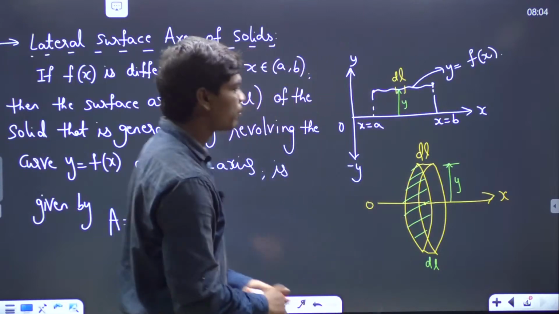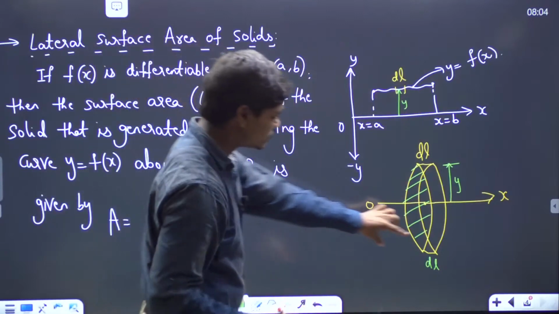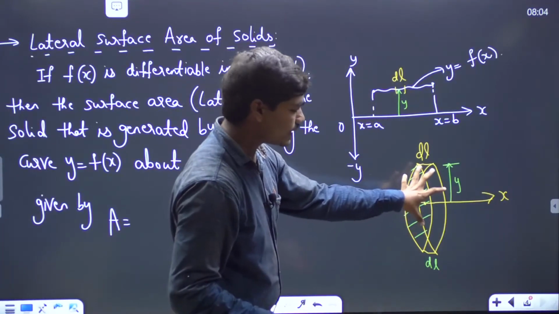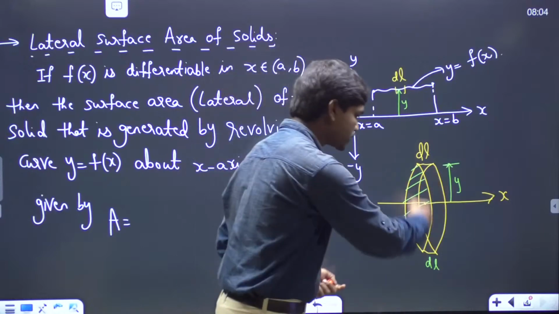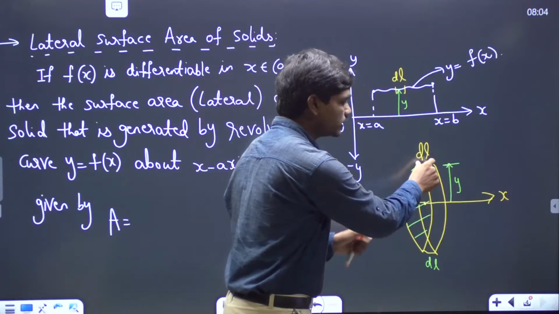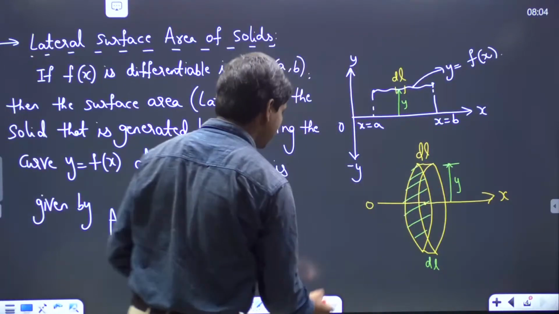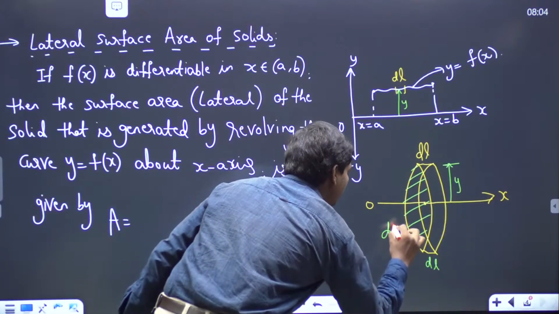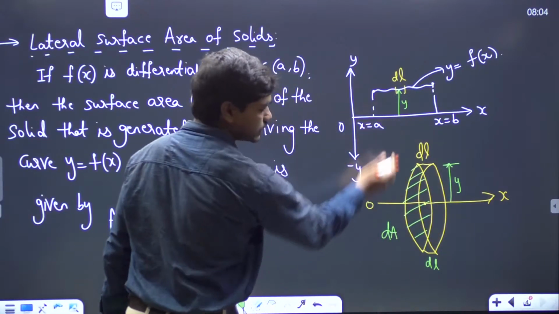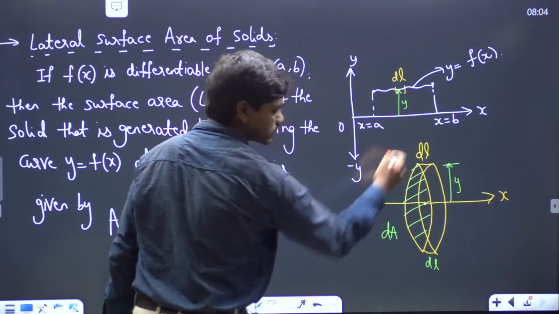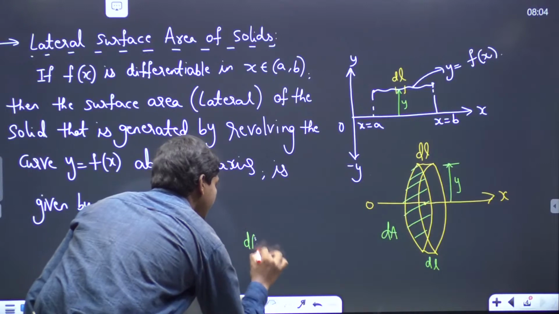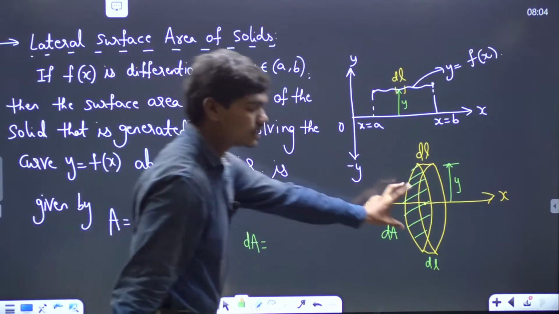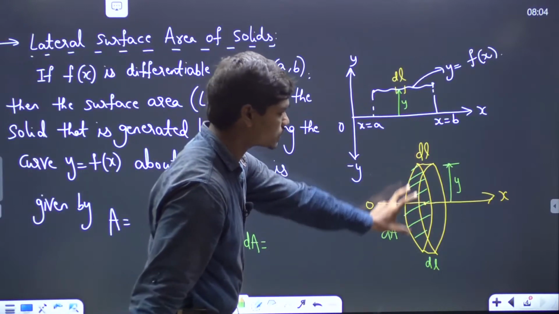So see carefully, when this is very small, can I write the surface area of this disk, because basically this is a circle and this is of thickness dl, so can I write the area dA, basically the lateral surface area formed by revolving this strip dl? Can we write that dA as dA is equal to, see, this is a small disk, and if I want to know the lateral surface area of this